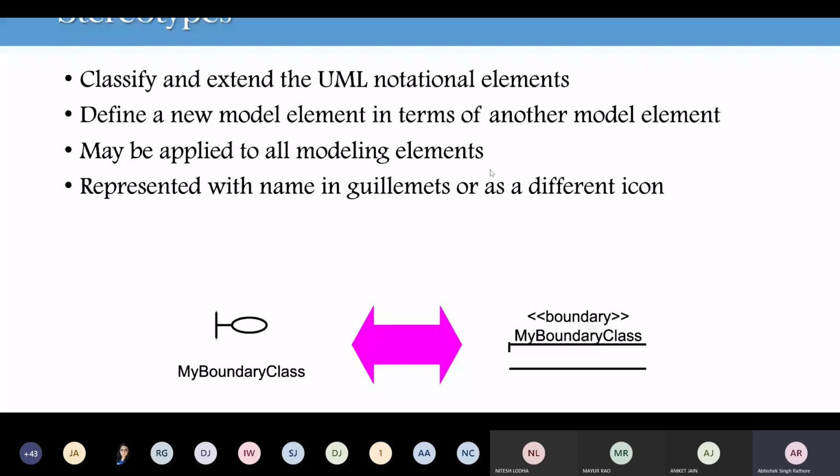Swaraj Gupta, do you have any question? No. Okay, fine. So I'll start sharing my